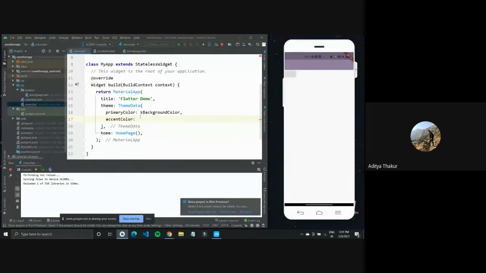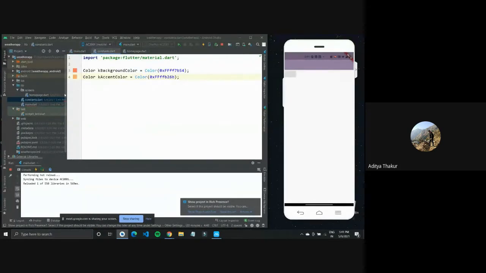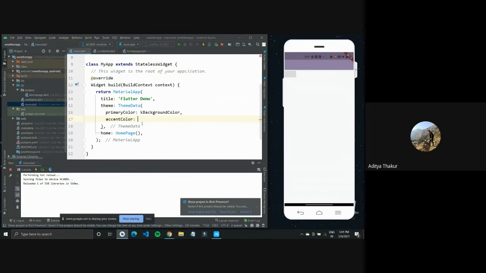Yeah, and what I did right now is I went back to my K constants and defined a new constant with this K accent color. Now, why am I writing this K before this variable name? There is a very simple reason actually.